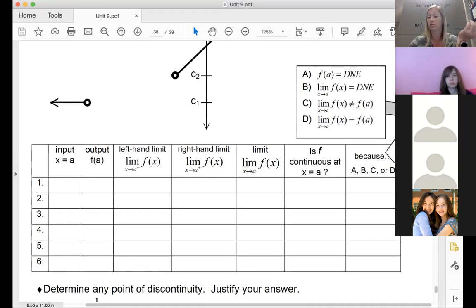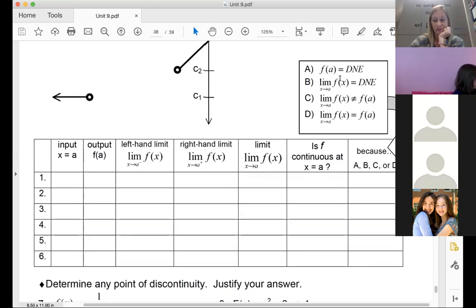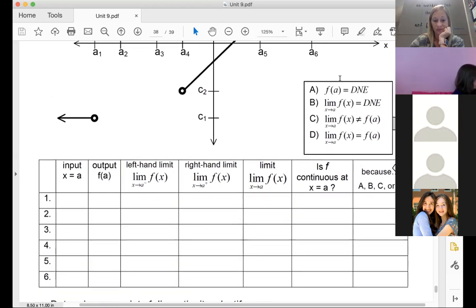It's for multiple reasons, really. It's really because the function value doesn't exist and the limit doesn't exist. But for the purposes of going through and picking one, do the first one. Okay, and then on the chart, like on number 5,